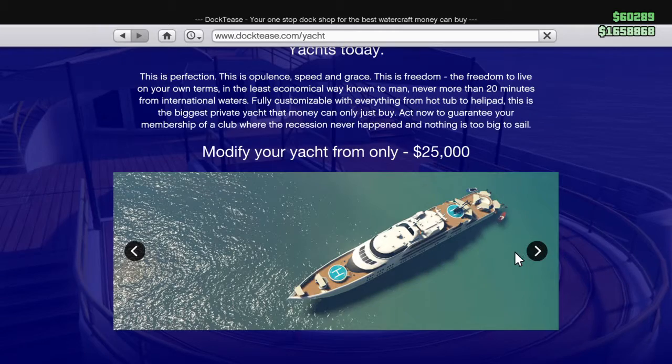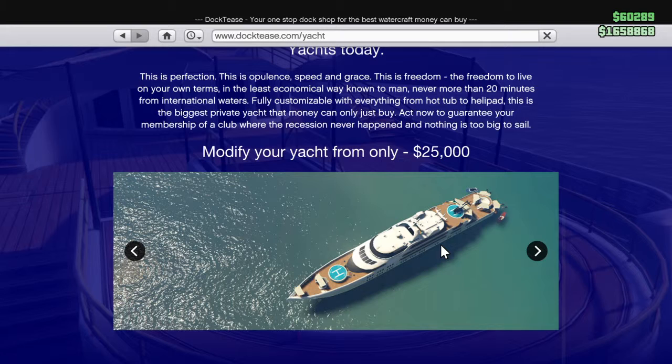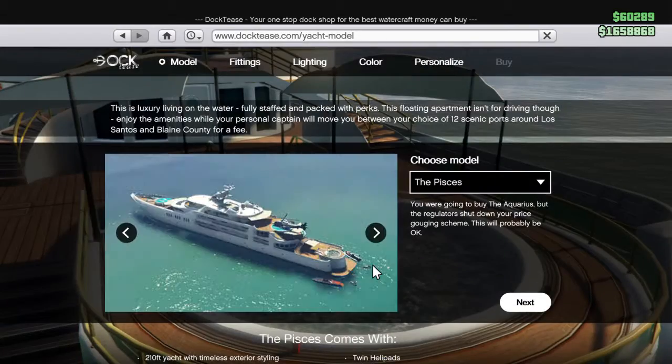You can't, from what I know, purchase all three and have all of them. Unless I have 5 apartments, so I'm not 100% sure about that. Don't hold me to that. But here you see it. So I can click Modify the Super Yacht,